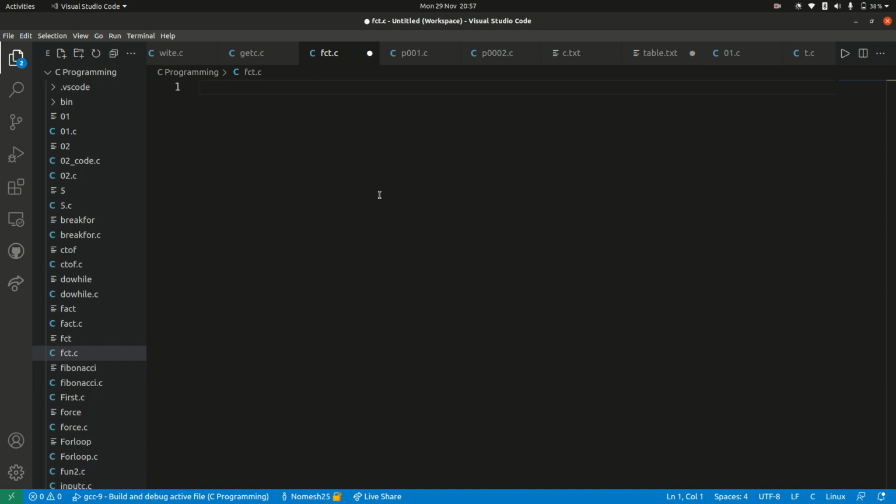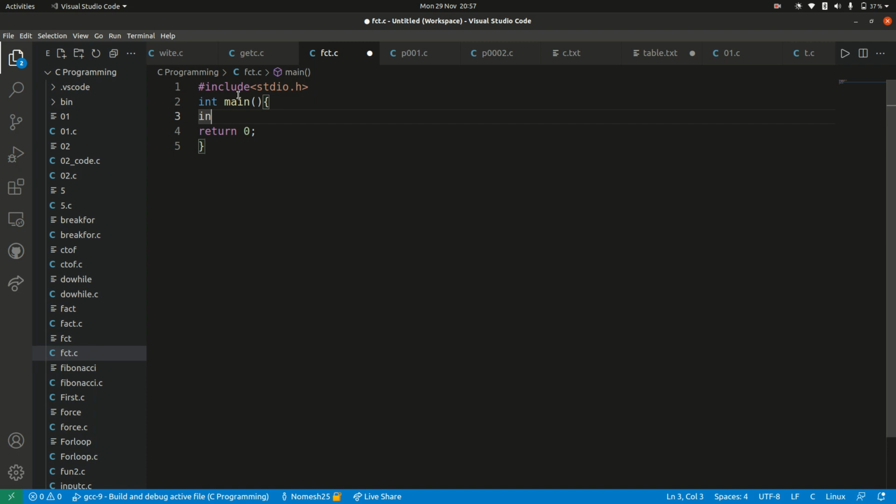So today I'm going to tell you about the run and debug function in VS Code. To begin with, I will be writing a program to calculate the factorial of the given number by the user. I will write here the syntax using boilerplate code, or you can write the code on your own.